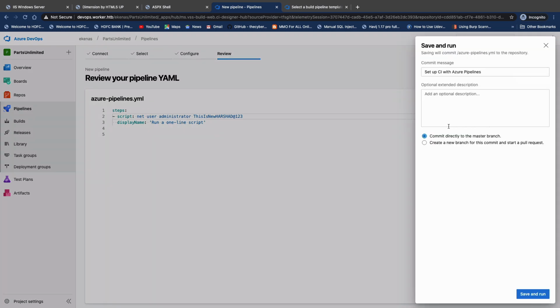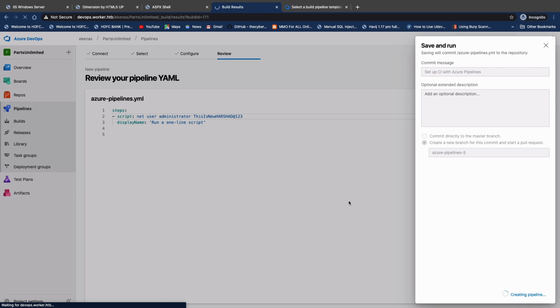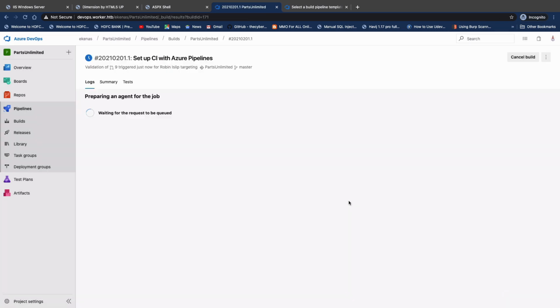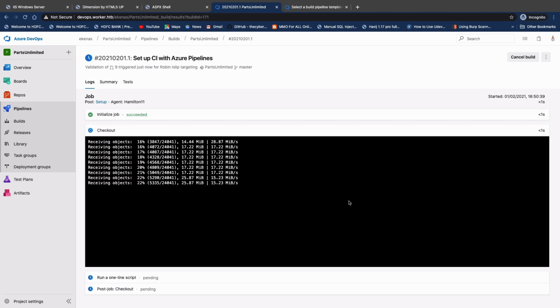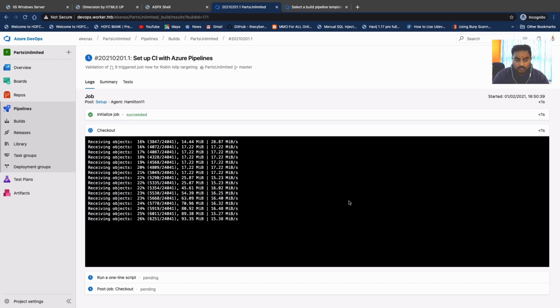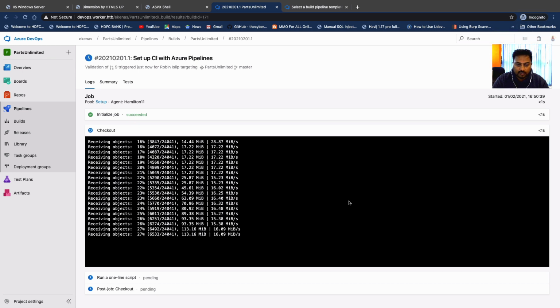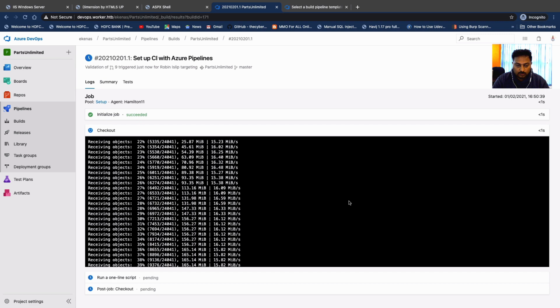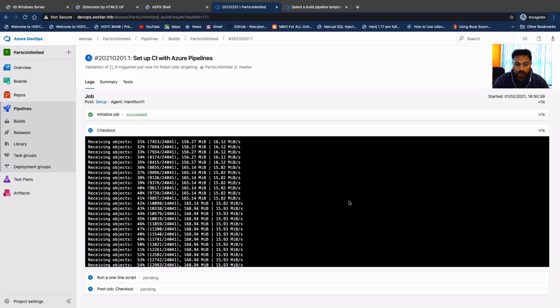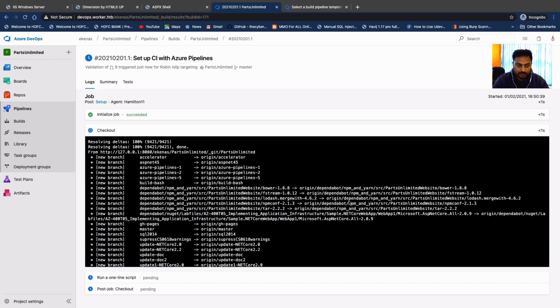After that, save and run. We need to get a new branch and put a number like 5, 6, 7, whatever you want. I hope this will work, and here I think it is working, fantastic. So I think we successfully escalated the privilege. Now we need to wait until this part is done, then we'll see how we can log in using our user administrator and the password we have set.